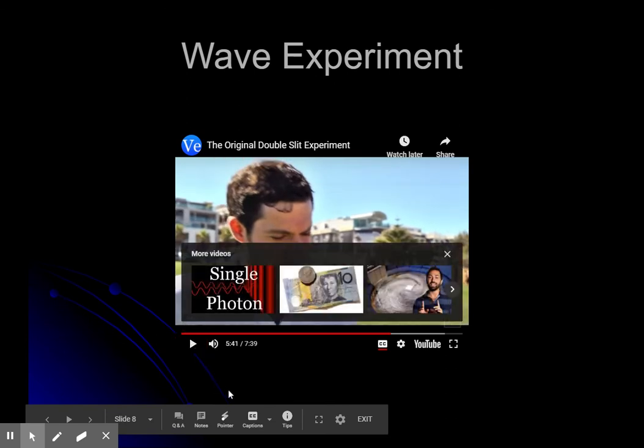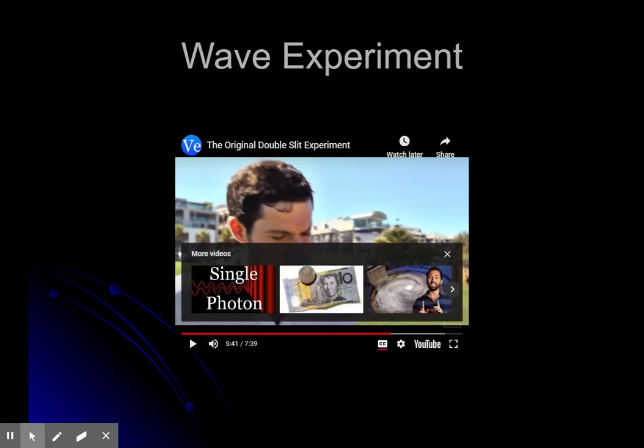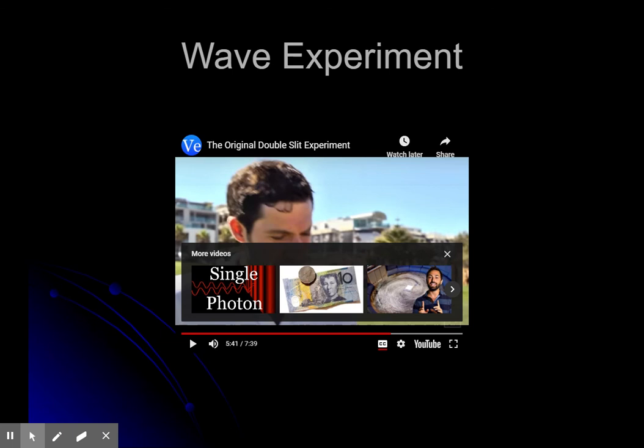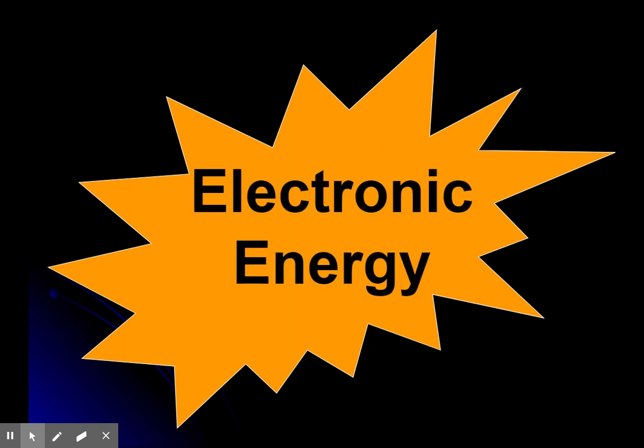Okay, so really this is the experiment that proved that light behaved as a wave. If you take light and shine it through two slits in a wall, you don't get two beams of light hitting the back wall. You end up with that interference pattern, and that can only be explained by light behaving as a wave. Electrons do the same thing. They create that interference pattern, and so they behave as a wave. Unless we're looking at them, then they behave as a particle. So really weird.